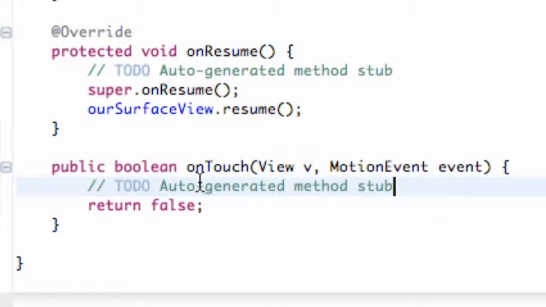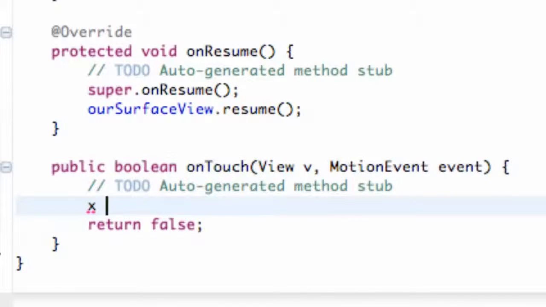Within this method, because when our surface is touched it's going to call this method, it's going to give us which view was touched, which is our whole surface, and then which event, whether it be a down, a move around, or a release of some sort. We're just going to set our X and Y values. So we're going to say X equals, and we're going to say event, or whatever your second argument is, which is your motion event. As you can see here, it's labeled event. So we're going to say event